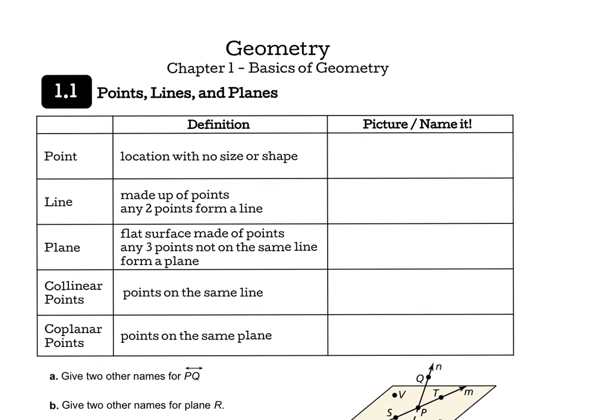It's a location with no size or shape. So then we're going to talk about how to picture it and then obviously how to name it, because that's going to be a really big part of geometry: how do we name something. And there's going to be a lot of different symbols that we use, a lot of different things that we use to help us with that. Okay, so to start off with,